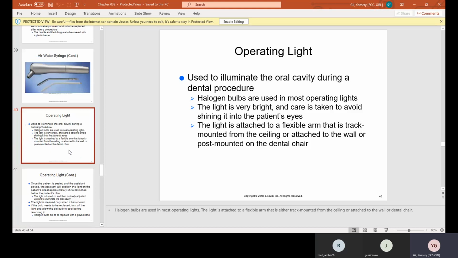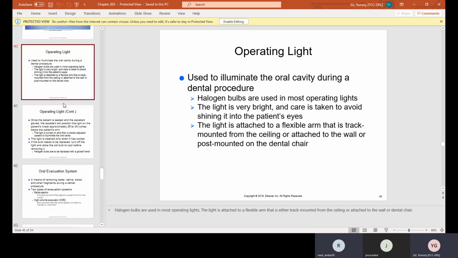The operating light. It's used to illuminate the oral cavity. Halogen bulbs are used in most operating lights. The light is very bright, and care is taken to avoid shining it into the patient's